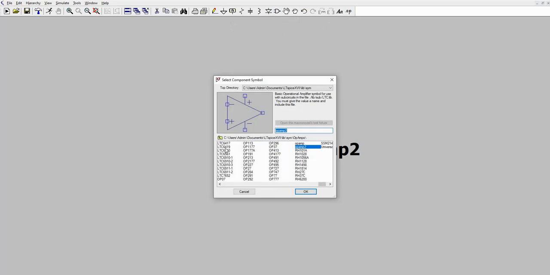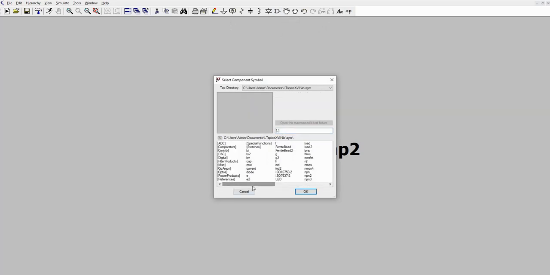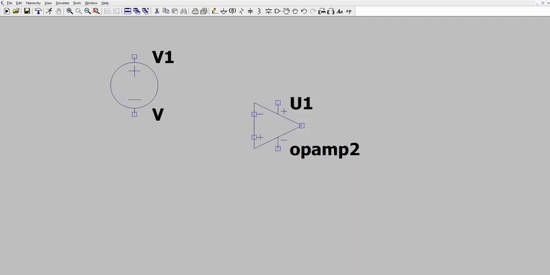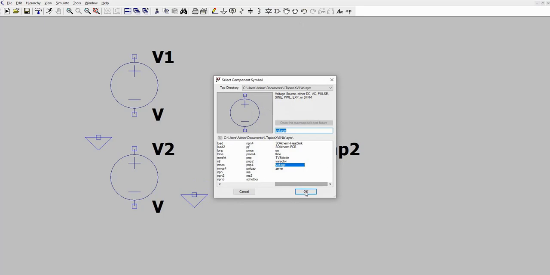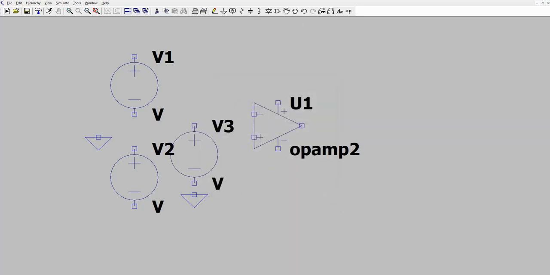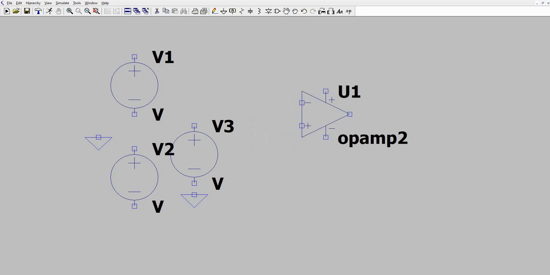So you need to include first a voltage source to the ground, another voltage source for the input, let us try to move the op-amp here, and add 3 resistors.